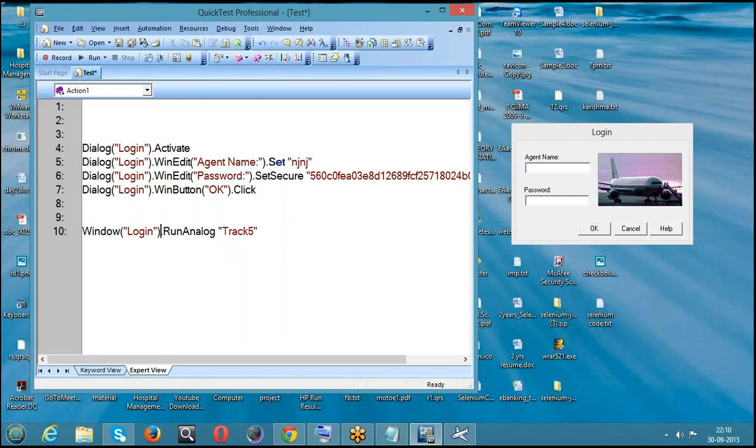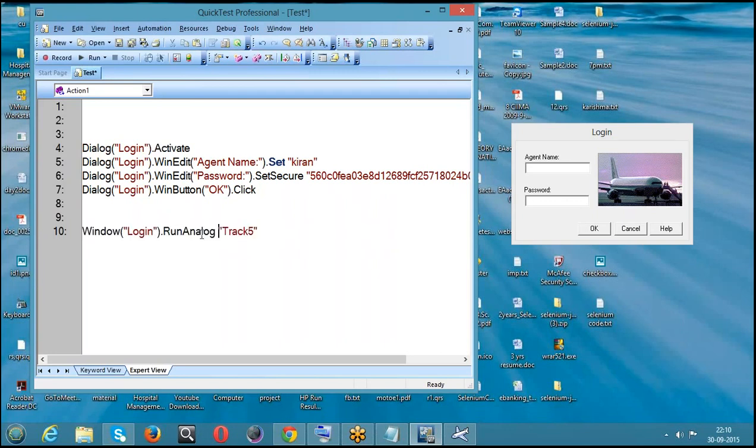But whereas in analog, we don't know what's behind this. We don't know what functionality is behind that script, right? The only advantage is that by using it we can run the mouse movements. Except that, because here, if now I have a username called NJ, but after a few days it may change to Kiran, I can simply edit it, and if I run it, it will write Kiran. But I can't do that in analog.